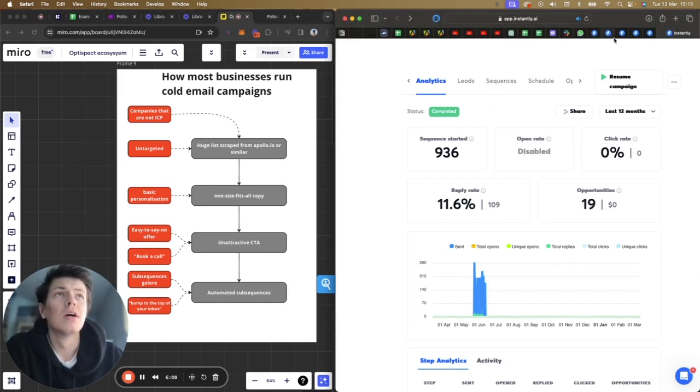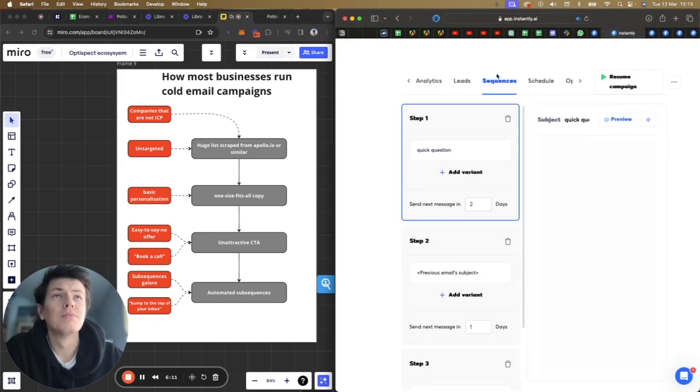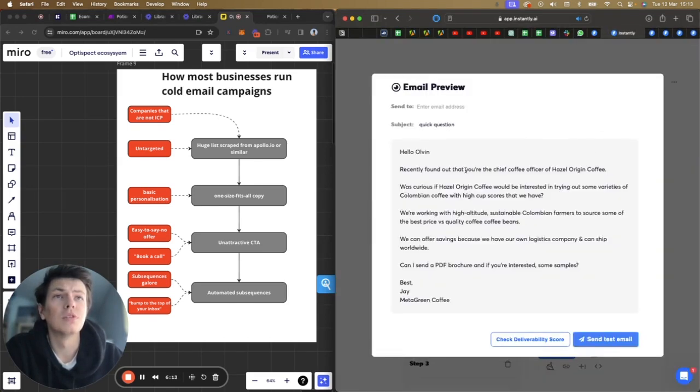Let's go here, sequences preview. It's very simple. And to give you some context while you're reading this, the company that we did this cold email campaign for was selling wholesale coffee, which means they were trying to find buyers who want to buy coffee by the container, right? Not small baggies. They want to sell coffee by the container, usually to roasters, hotels, everyone who buys huge amounts of coffee. Okay. So yeah, here,